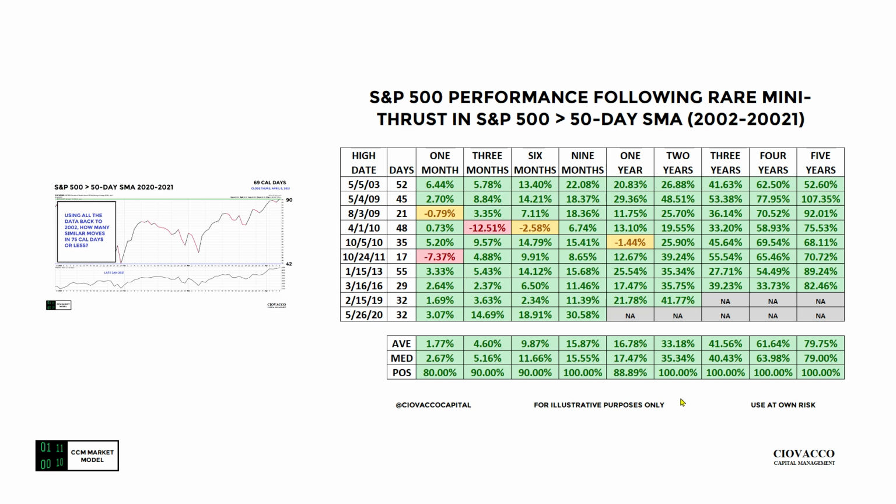In every single case, the market was higher 2 years later. Worst case scenario was a gain of roughly 20%. The average gain 2 years out was 33%. The median gain was 35.34%. 5 years out, worst case scenario, a gain of 52.6%. That's an additional gain. Average gain, about 80%. Median gain, 79%. As we know, none of this predicts the future. It just helps us assess the probability of good things happening relative to the probability of bad things happening.